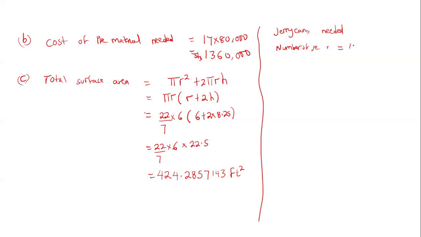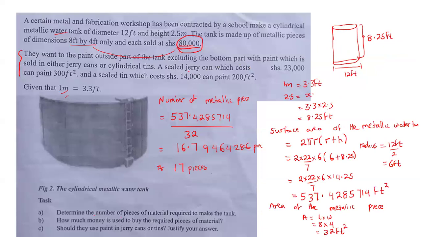So here I will say this is our area that we are going to paint. Then I divide by, they told us, 300. So when you divide, I don't know how much you are getting there. I'm getting 1.4142857. And I think there, everyone can agree that, because remember, when you read the question, they told that a